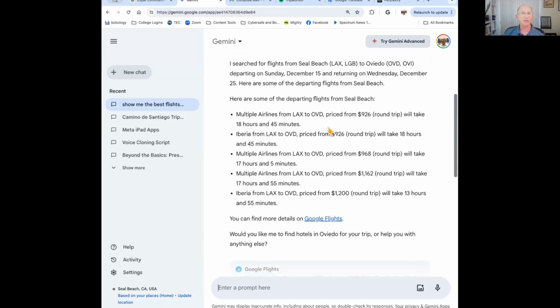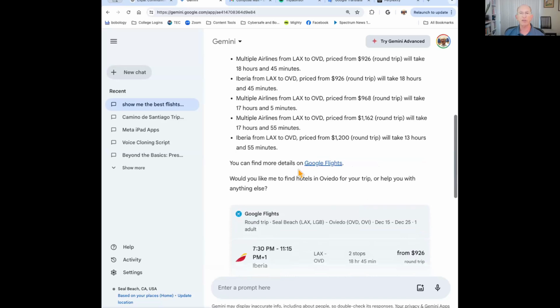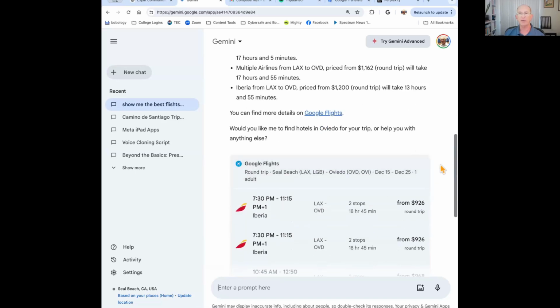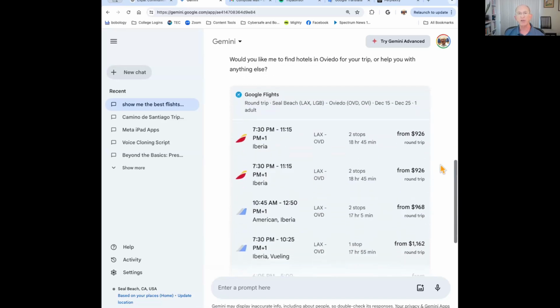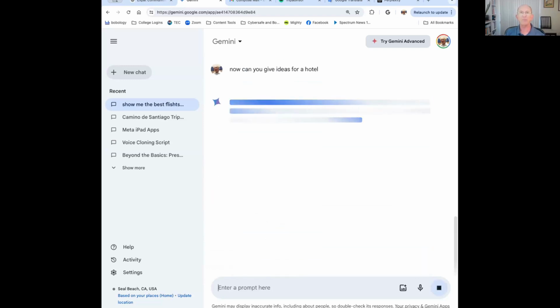It knows I'm in Seal Beach because that's my Google location. I didn't say, but here's LAX, multiple airlines. You can find out more details, and it gives you the flight information right here in Gemini because I activated the Google Flights information. Okay, now can you give me ideas for a hotel? And it'll come back with Google Hotels ideas.